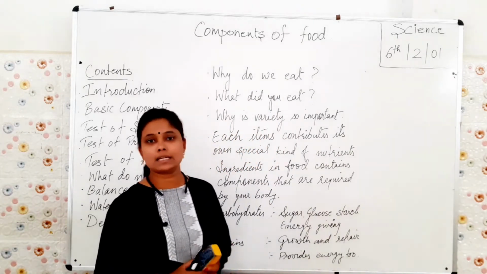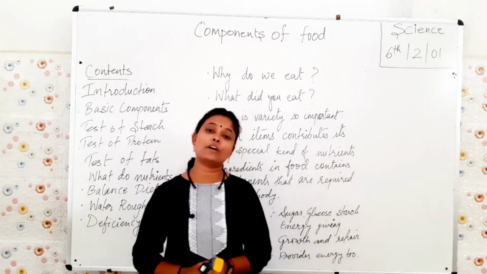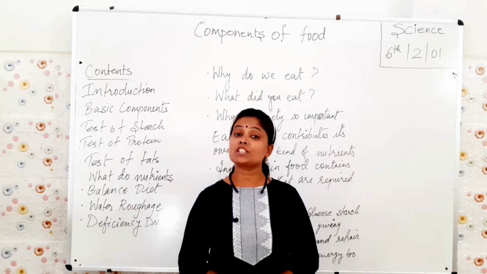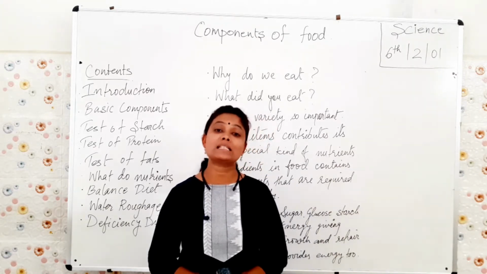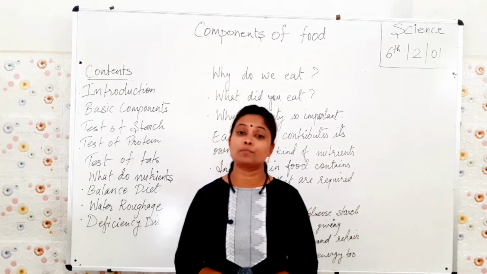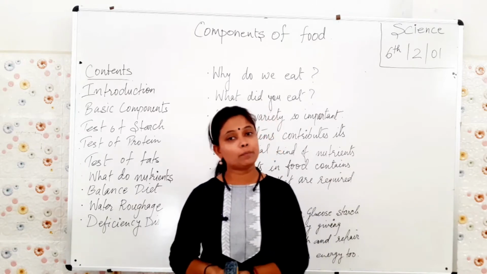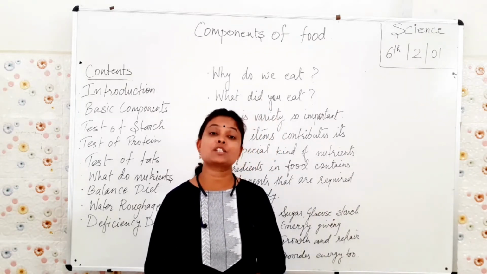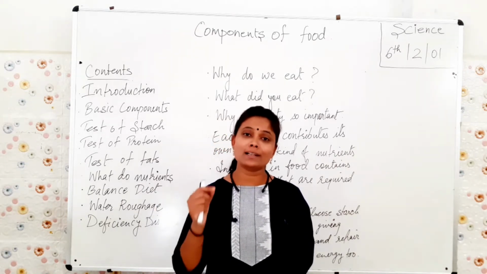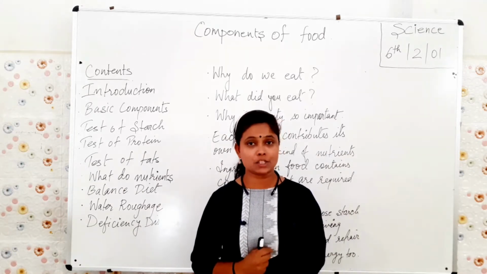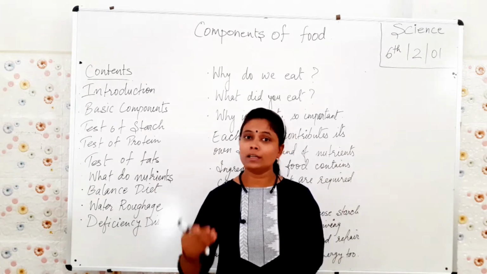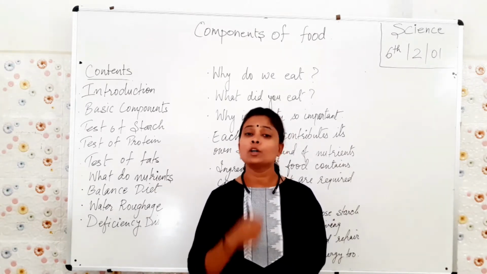Okay? So now it is understood, what is the name of our chapter? Our chapter name is Components of Food. What do you mean by component? Component means the member of the family. As you have a family, in family there is mother, father, grandpa, grandma. In the same way, food has its family and their family members are all the nutrients. Food contains specific nutrients like carbohydrate, protein, fats. Therefore, they are the family members of food.